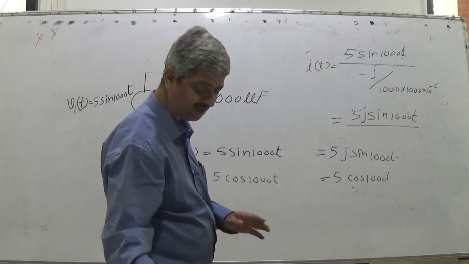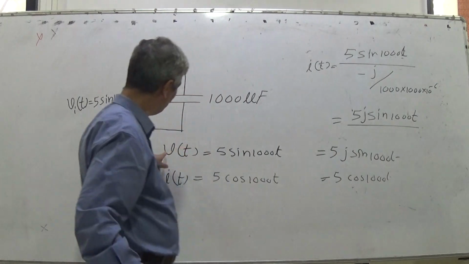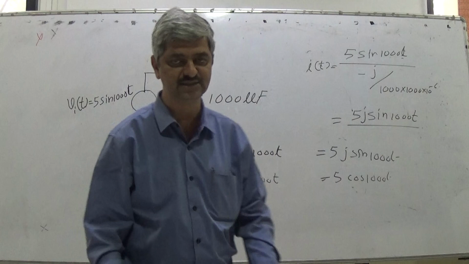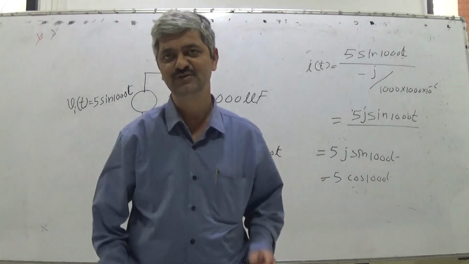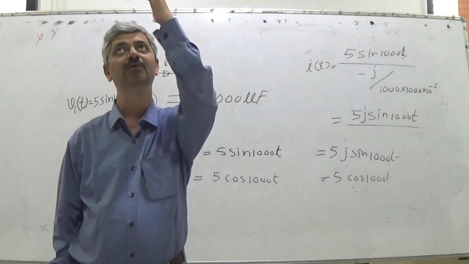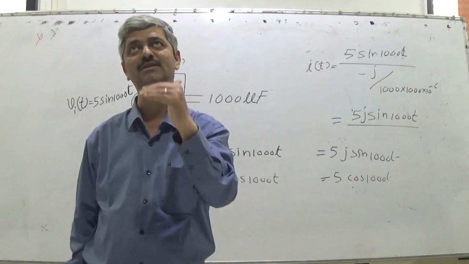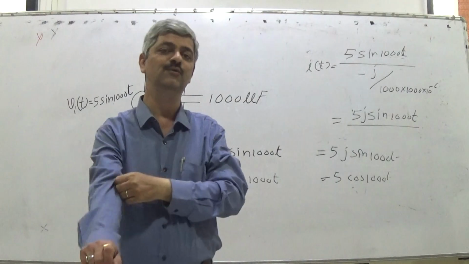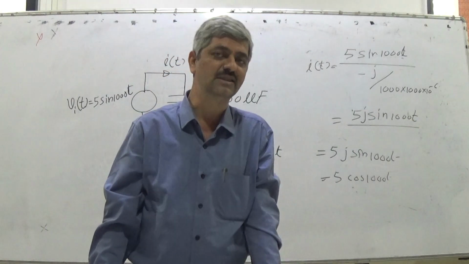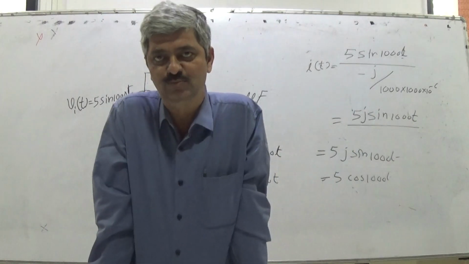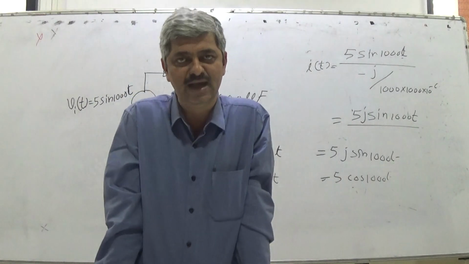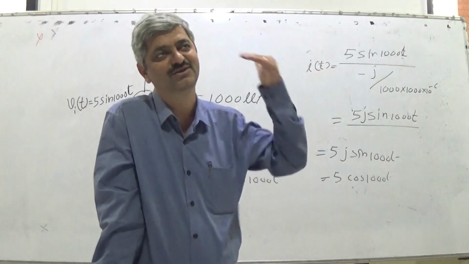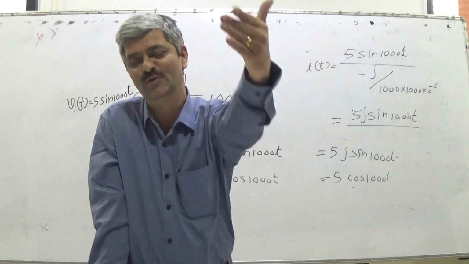So what will happen now? Voltage is sine, current is cosine. So if we plot voltage and current one below each other over a full cycle of 2 pi, you can convert into 4 parts: from 0 to pi by 2, from pi by 2 to pi, pi to 3 pi by 2, and 3 pi by 2 to 2 pi. I think there is no need to draw. It should be on your mental plane for visualization.